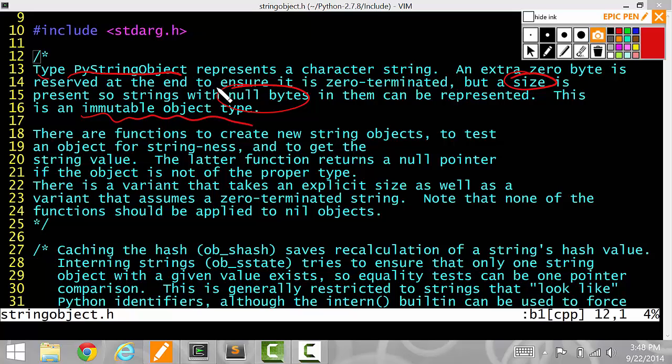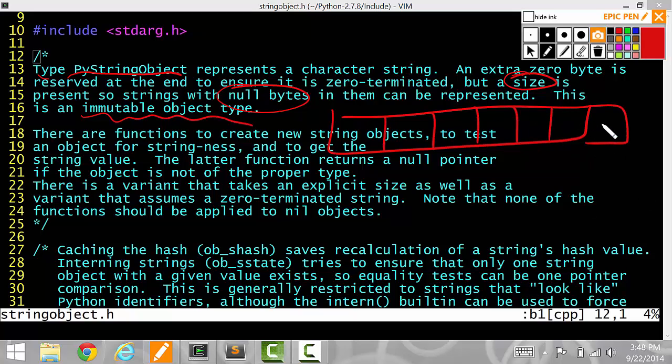Yeah, so you know where it terminates. But the whole point of this is that you can put null bytes in the middle of your string. That's not a terminating null byte. Normally, you have to have a null byte so you know where the string ends. But the point of this is that you actually keep the size. So you can imagine your string is